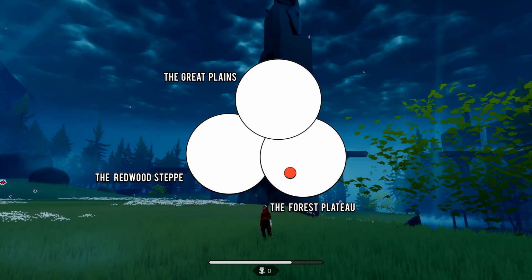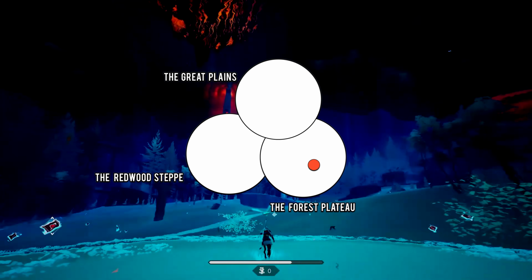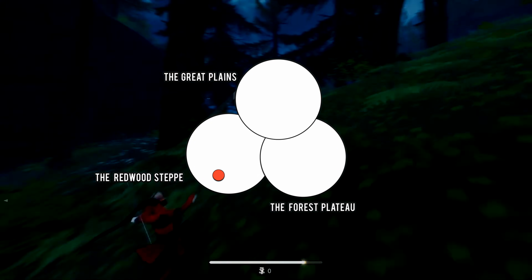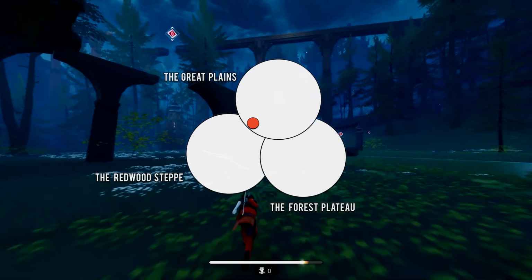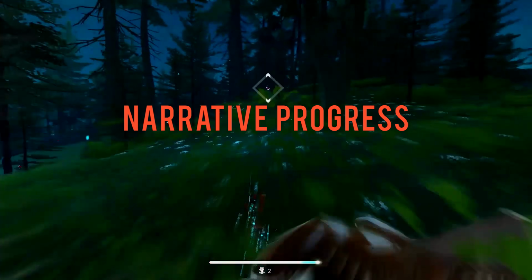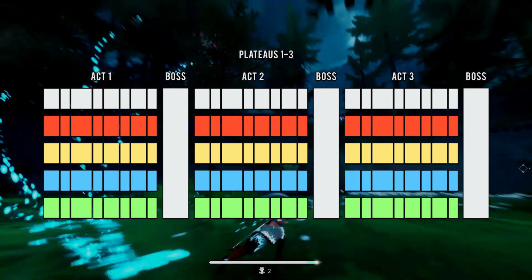As you can see, the island is divided into 3 plateaus, and even though there is a little bit of basic gating between them so that you can't easily traverse from one to the next without passing through some upgrades and new skills, you can technically go anywhere you want at any time. Because of this freedom of movement, it seemed crucial that the music simultaneously track the player's overall narrative progress and physical location. To achieve this, we divided the music into 3 acts,